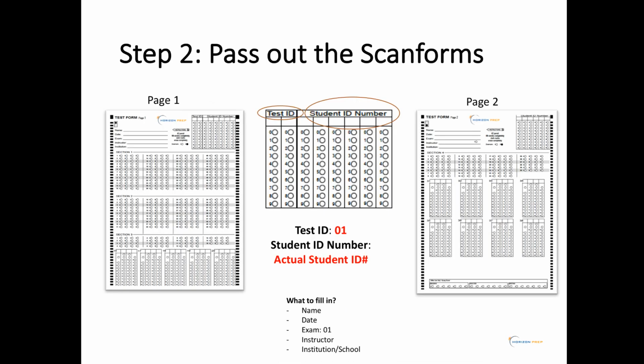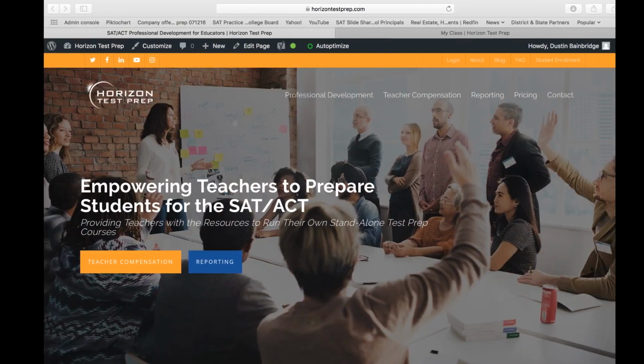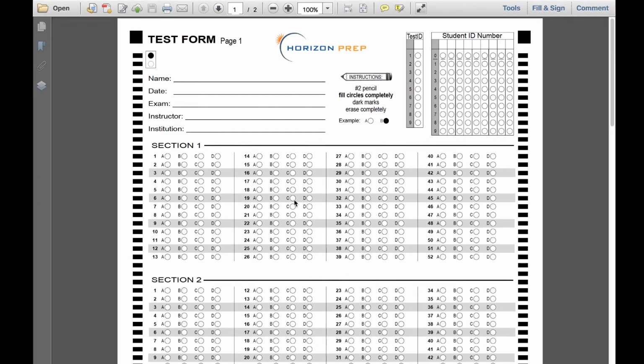I want to point out a couple things with regards to the actual SAT scan form. You'll notice here that the scan form looks similar to this, but I'm actually going to refer to it right here. We've updated our process for two reasons. Number one, you'll notice here the student's name, date, exam, instructor, and institution. If your students signed up prior to the deadline, and typically the deadline is 4 business days before the actual test administration,